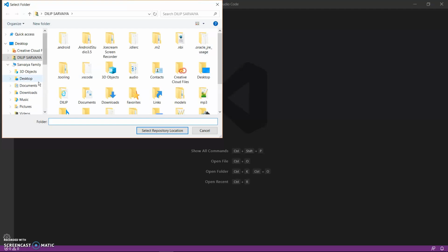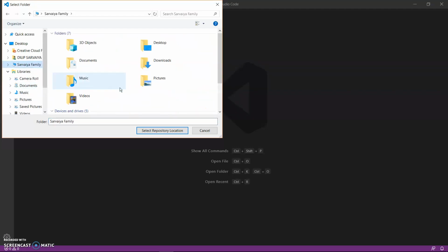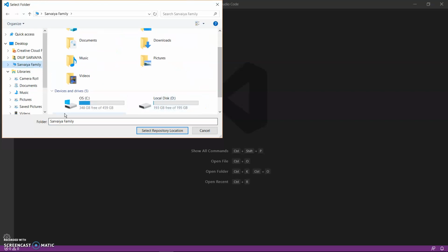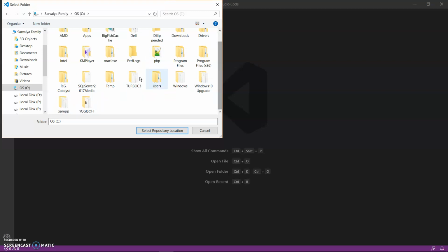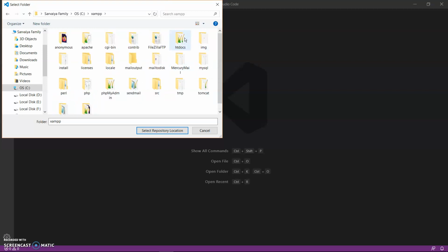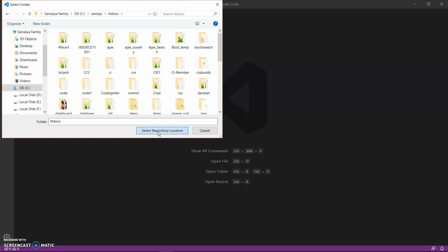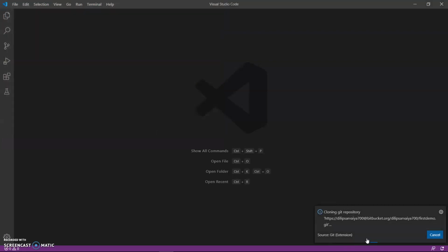Now you have to choose one location where you will store your local repository. I am choosing the htdocs folder inside the XAMPP folder in the C drive. The local repository will be stored here.